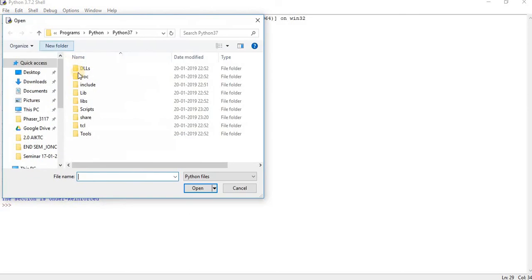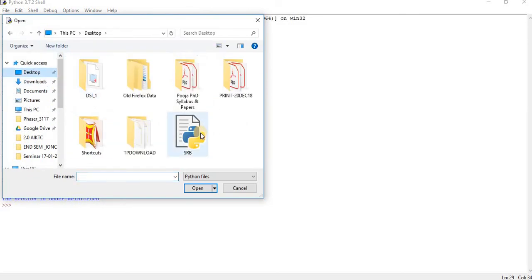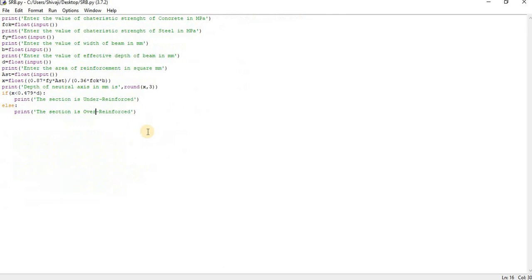Now again we'll go to the code just to understand it in a better way. This is the code. First of all, we used the print function and we are asking for user inputs. We will assign each input as a variable, a common variable that is used in structural design, and every variable is assigned a float value so that it becomes a general purpose program. And there is a simple calculation for the depth of neutral axis,